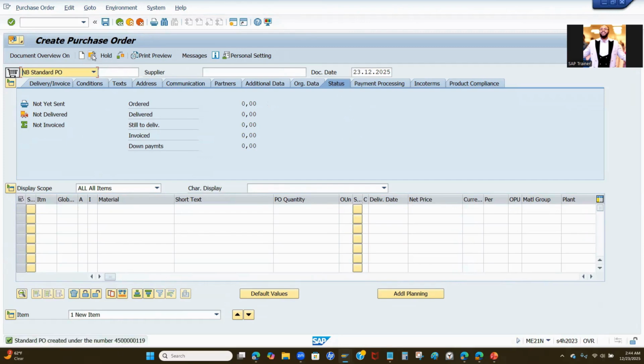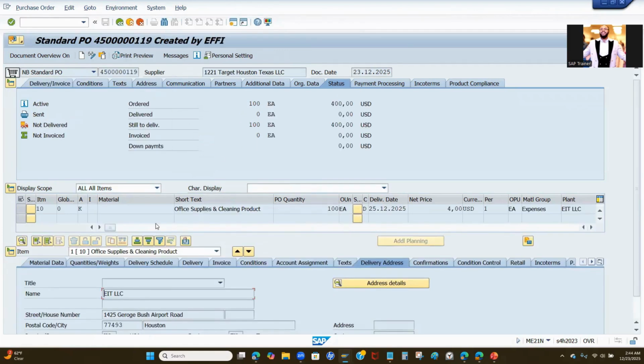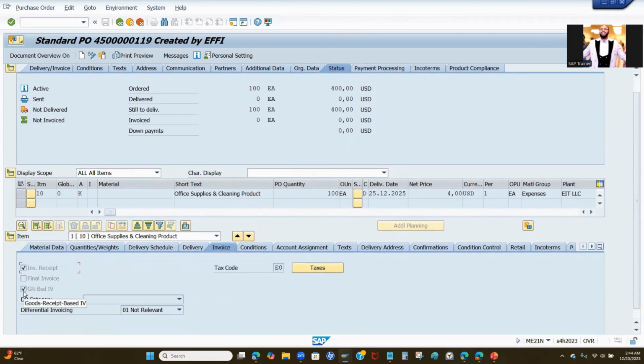And now your purchase order has been created. You can click onto this button and you can copy your purchase order number. Of course, you can also go into the purchase order so you can see the order has been created and this is how much you're going to be owing the business because you're ordering a total of 100. 100 times 4 equals to this 400. And very importantly, you can go here to the invoice tab and you can see that the next step of what you need to create right now will be a goods receipt based invoice because you cannot directly create an invoice without first creating a goods receipt. So we can